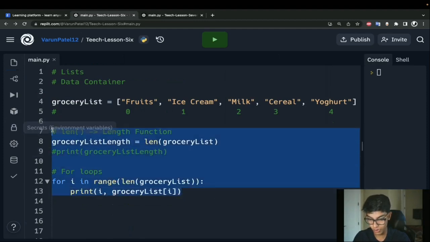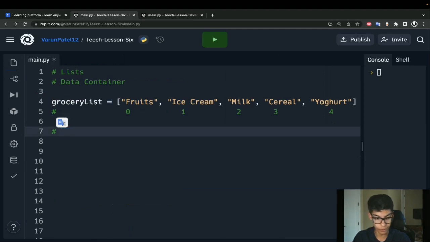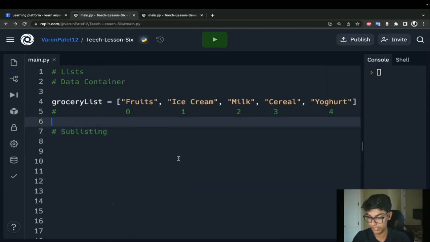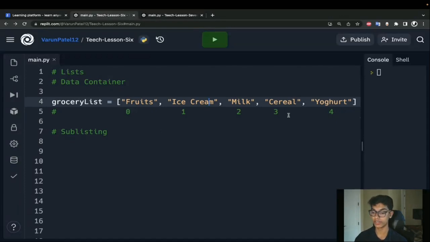So, only a couple more things left to go over before we can move ahead with what I wanted to talk about today. Then we're going to go over something called sublisting. With my indices, I talked about how I wanted to pull specific items from my list: fruits, ice cream, milk, cereal, just specific items. What if I wanted to pull a group of items?